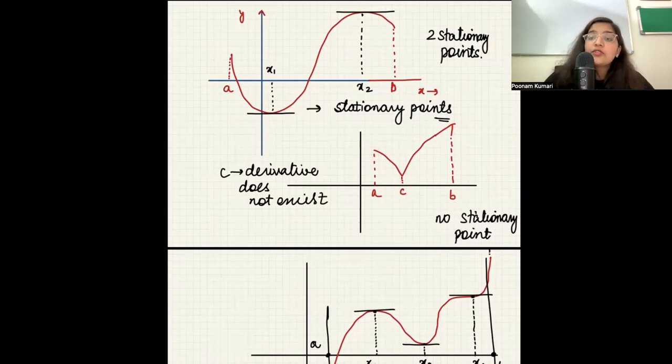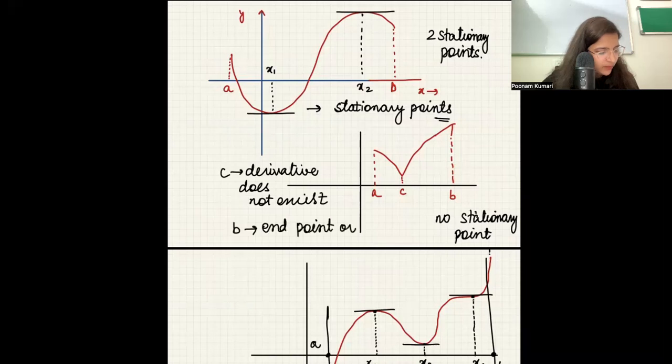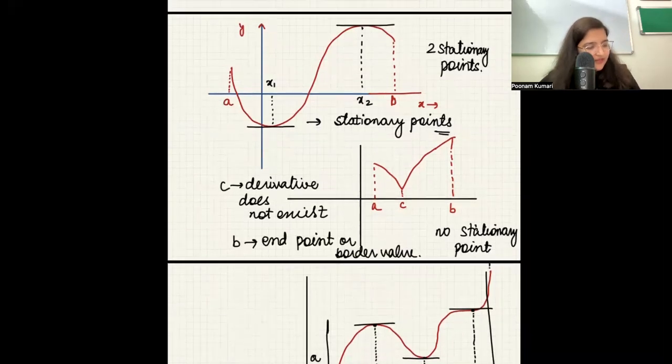Now, if I talk about the maximum value, I see that point B had the maximum value. And what is the property of point B? Point B is an end point in this interval, right? It's a border point. If my interval is A to B, point B was a border point, or you can say border value. So in the first case, my stationary points became my maxima and minima. In the second case, where the derivative did not exist, that became my minima, and maxima became the end points